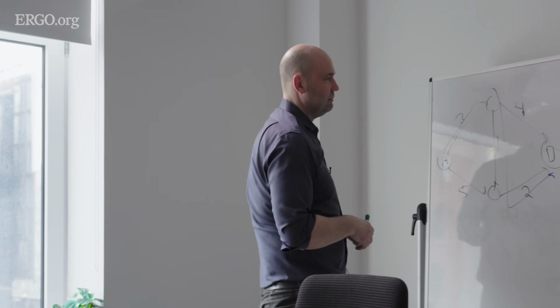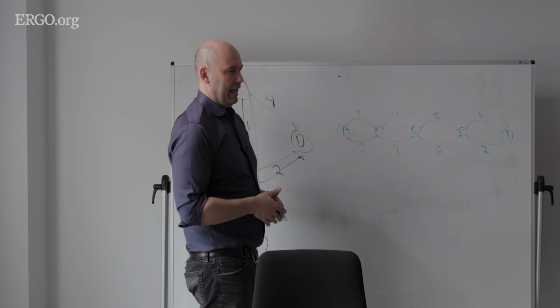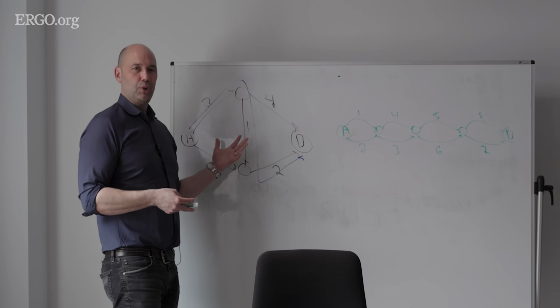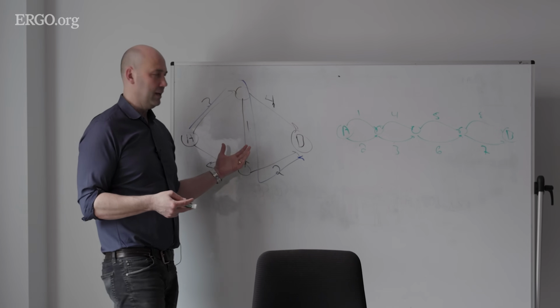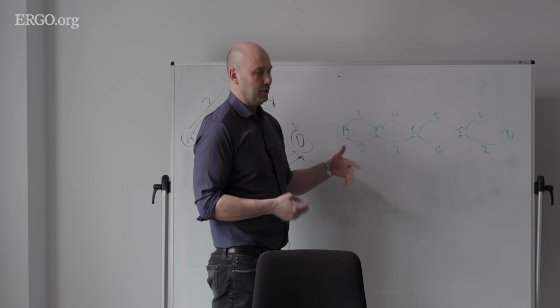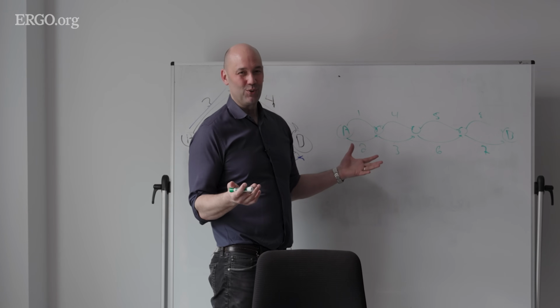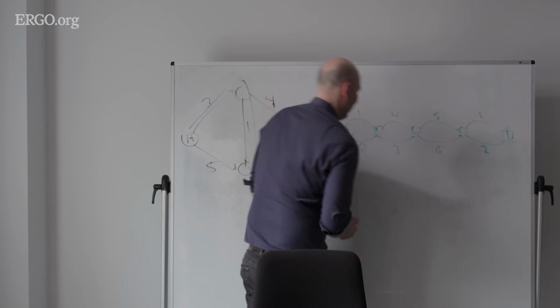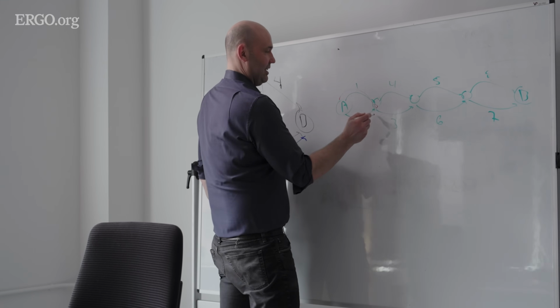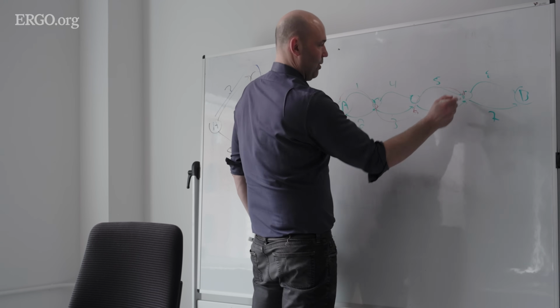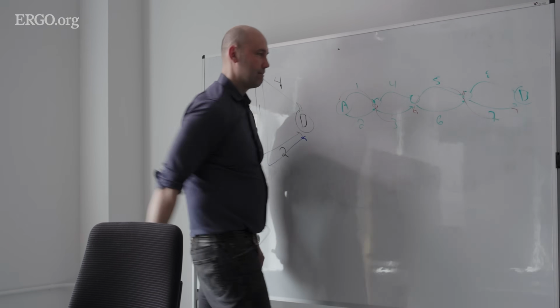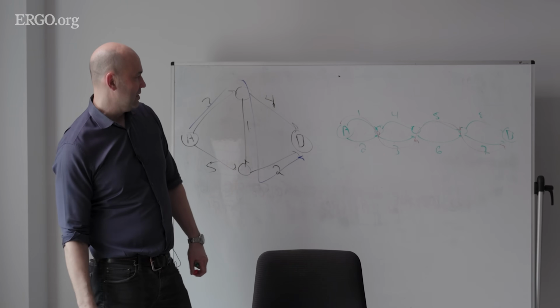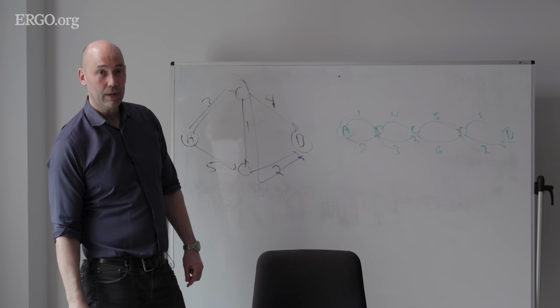Now, you look at this network, and just like here, you're like, I don't need a computer to figure out the shortest path from A to B. Here, you're saying, I still don't need a computer to figure out the shortest path from A to B, right? You're like, obviously, I go north, and then south, and then north, and then south again, okay? For a total travel time of, what is it? I guess 16 minutes, okay?